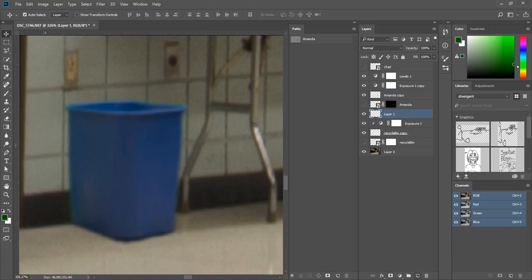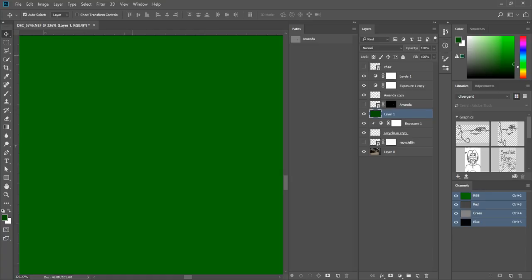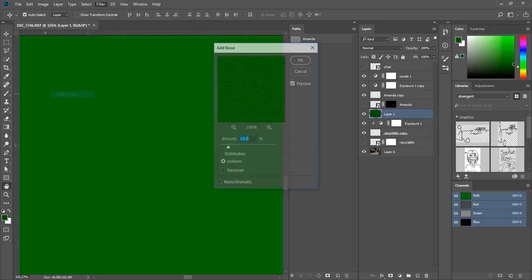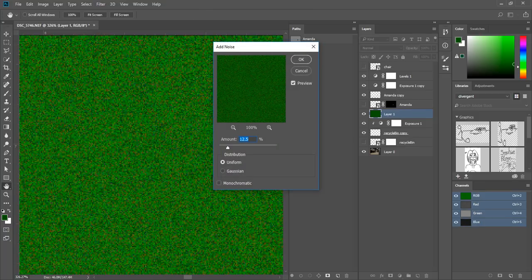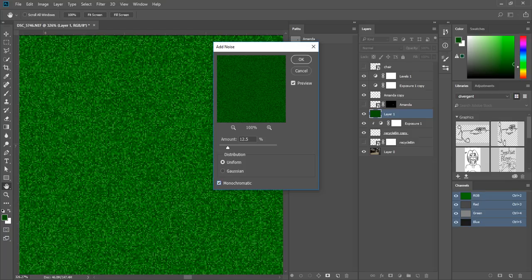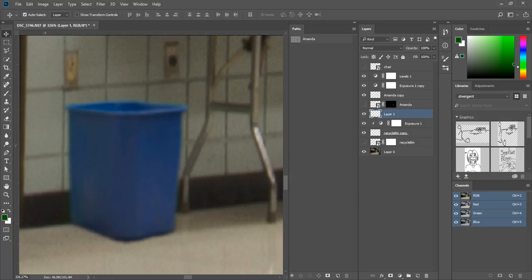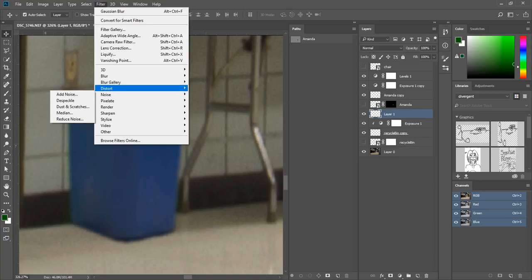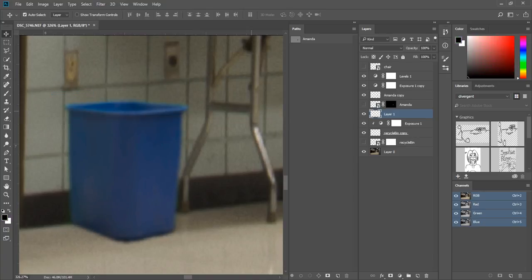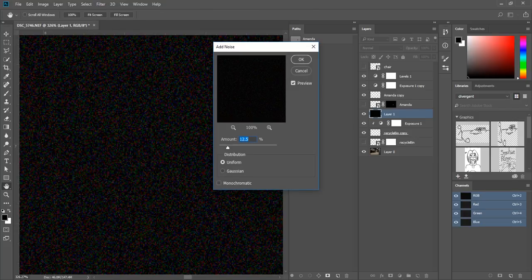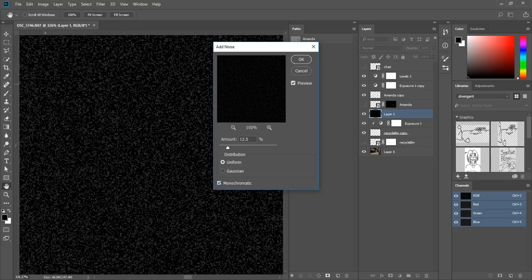So I'm going to make a new layer. I'm going to fill the layer, and then I'm just going to say add noise. And that looks great. Wait a minute. Yep. Oh, I picked green. That's why. Like, why did I try green? I'm going to go to add noise again. You have to fill it with something, and then you can do monochromatic if you want gray, which is